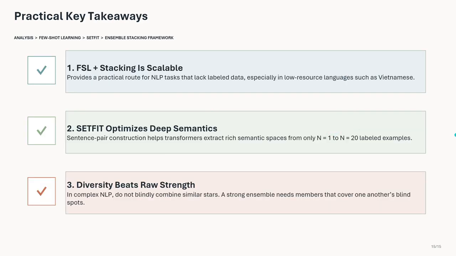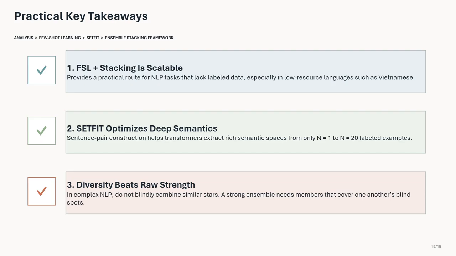In conclusion, the paper shows that SetFit and stacking can improve Vietnamese text classification in low-data settings. The first key message is that few-shot learning is useful when labeled data is limited. The second key message is that SetFit helps transformer models learn better semantic representations from small data.